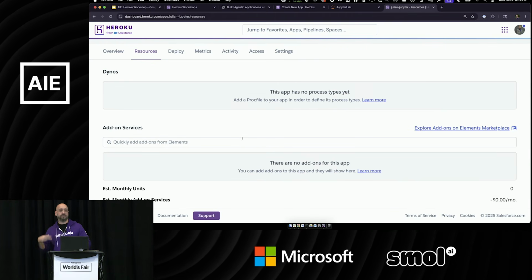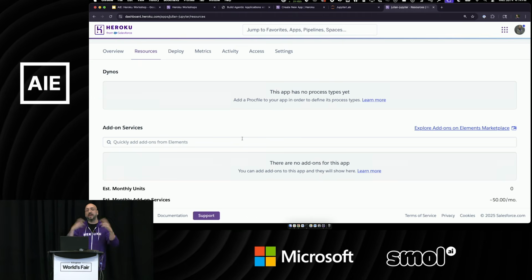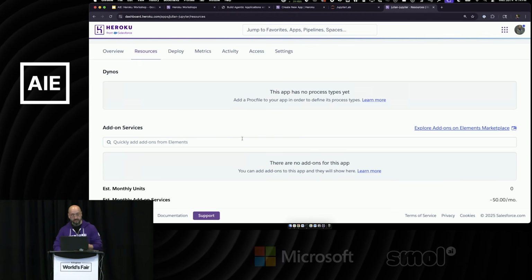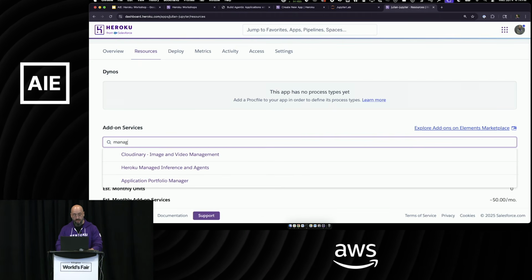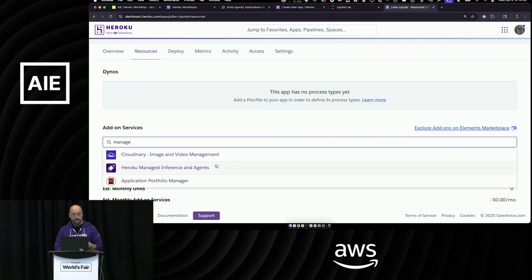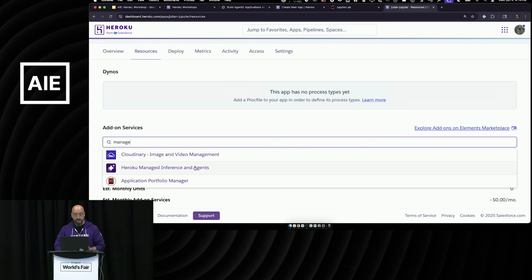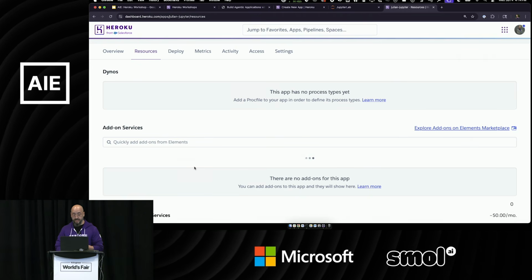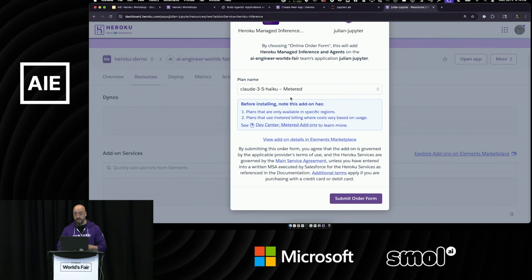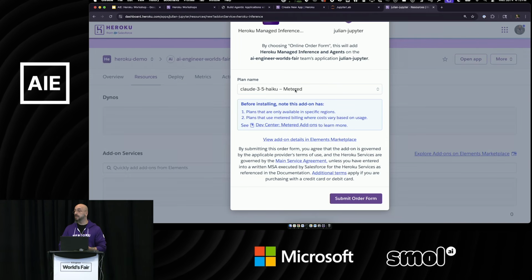Add-ons like Heroku Postgres or the Key Value Store or any other third-party add-on that we support on our marketplace. The one that we are going to provision is called Heroku Managed Inference and Agents. This is our AI offering. So you are going to click on this add-on, and then you will select the model that you want to